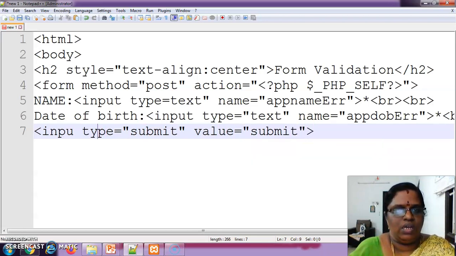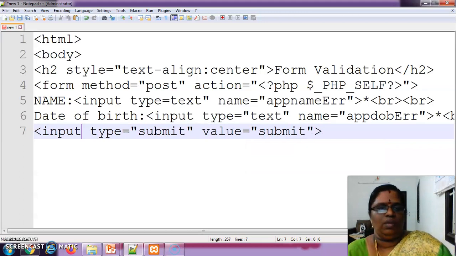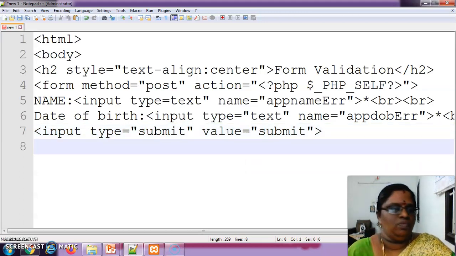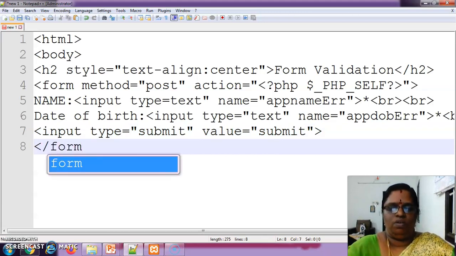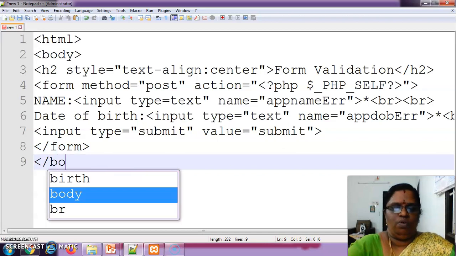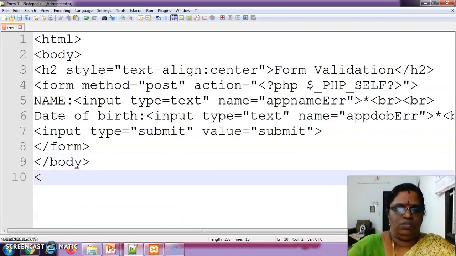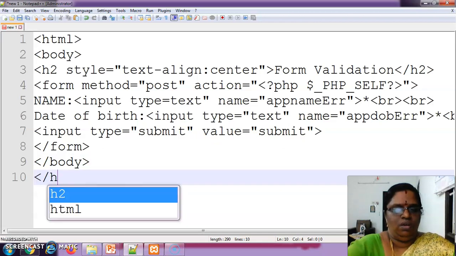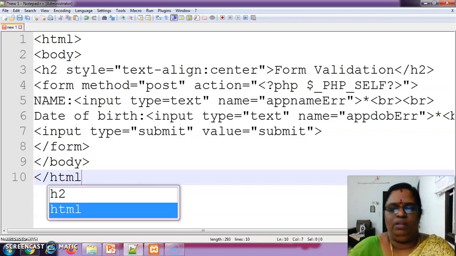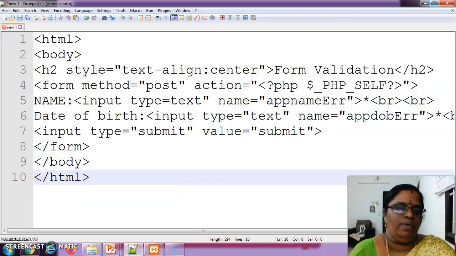Close this and then write the input type. Okay. Then you want to close the form, close the body, and close the HTML. This is the form program.